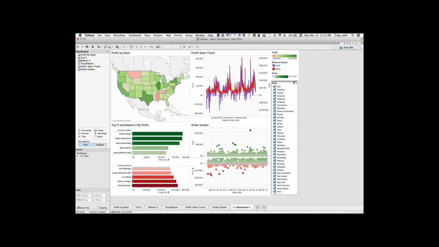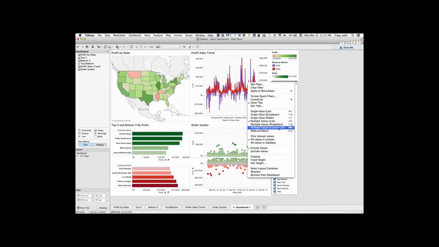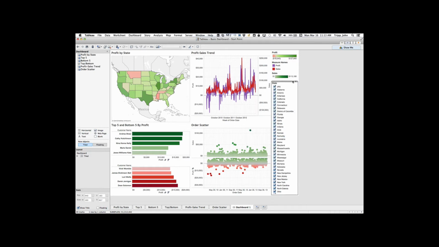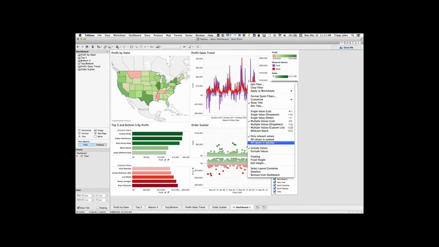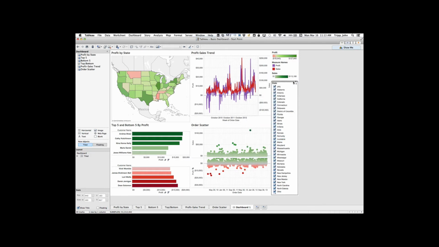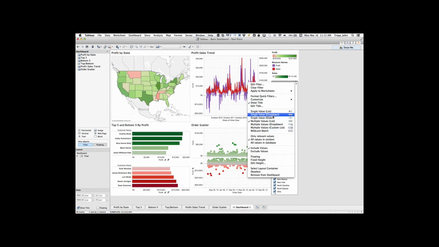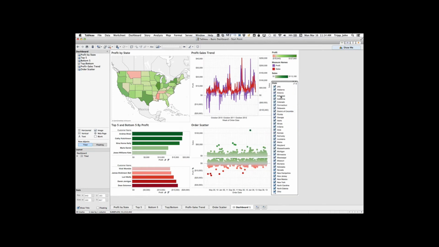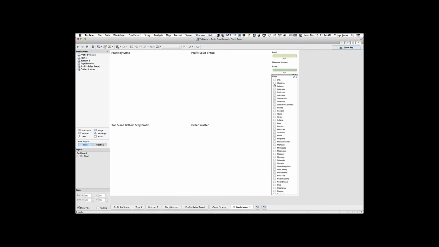You also have that option under here that you can say only the relevant values, or the values in the context, or all the values in the database. So you have control over which data is going to be showing up in your filters. You also have all kinds of control over what kind of a display you're going to show for that. And now you can see that when I change this, maybe just to Alabama,